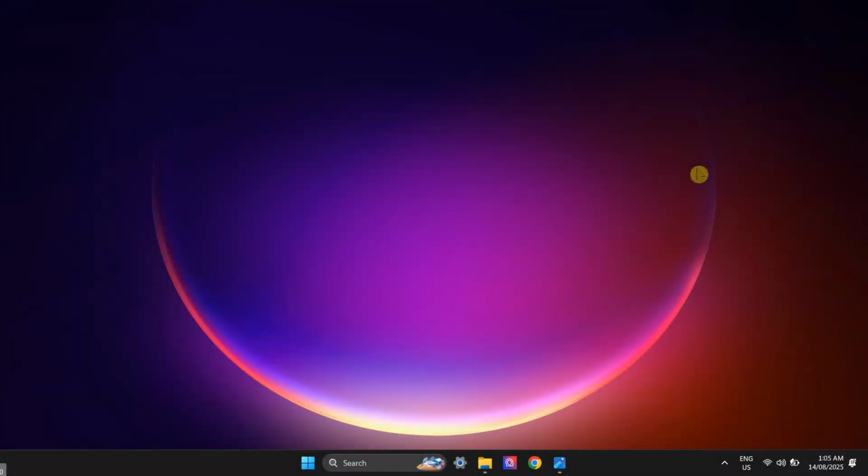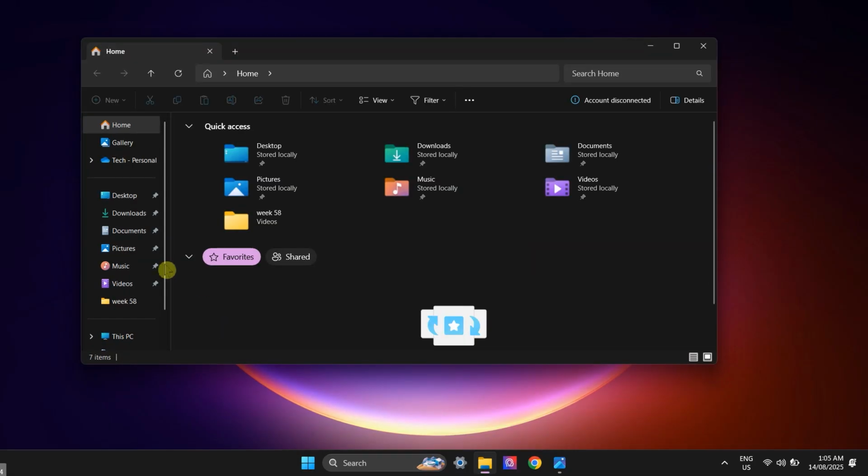Adding a user to a group will apply all the group settings and permissions to the added user account. If you want to know more about adding a user to a group, here's the perfect video for you to watch. So first up, you have to open Start menu on your computer, open File Explorer, right-click on This PC